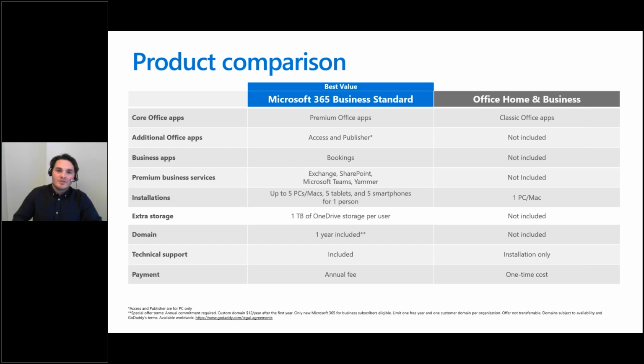So for customers who don't want to take a step towards the cloud, or who have different regulations which prevent them from doing it, I would highly recommend purchasing Office 2019 Home and Business. It's kind of the modern answer to, for example, Office 2010, which went end of support in October last year. But when it comes to selling these and navigating through this jungle, in an ideal world, you'd be